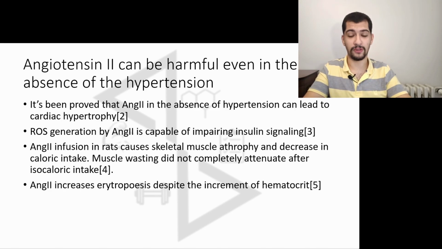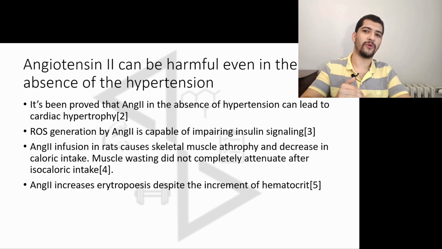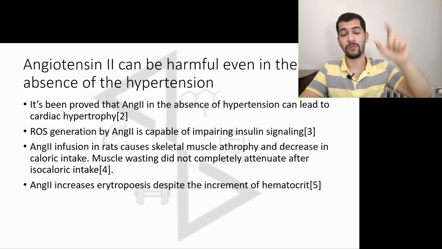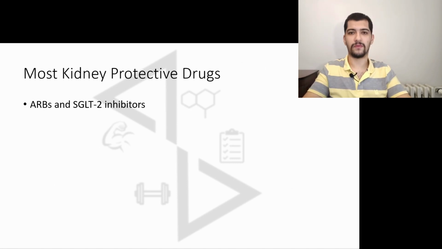Which can be detrimental, and it is one of the reasons why steroids, the androgens, can be dangerous, because they increase hematocrit levels. In other words, it means that your plasma has a lower percentage and your red blood cells have a higher percentage in your whole blood. So your blood is thicker. So we know